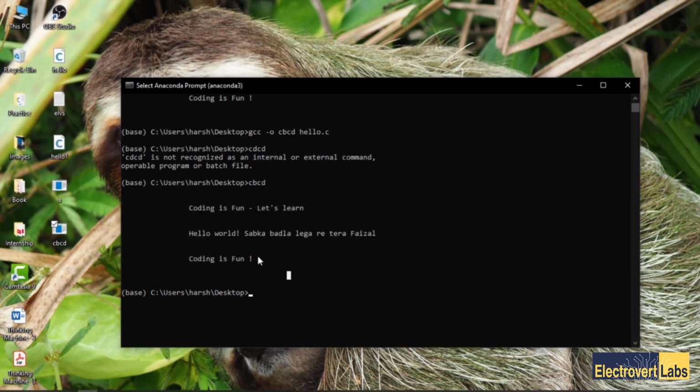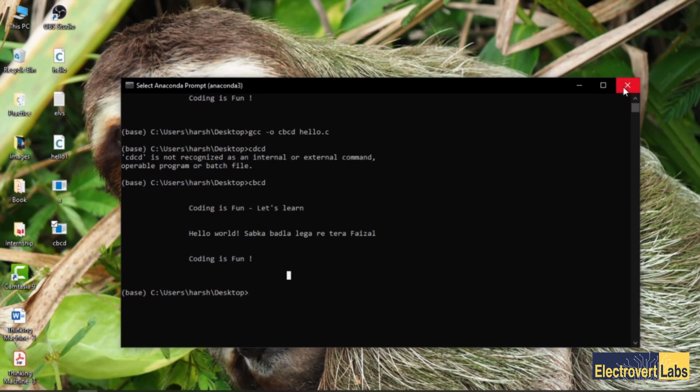This is how a compilation is done for C programming. We first compile it. After compiling, it generates an executable file for us, and after getting the executable file, we run that particular executable file and see the output on our machine. So this is how basic compilation can be done. And we can write the code anywhere, in Notepad or any other editing software, wherever you can write, but you have to save it with a .c extension.